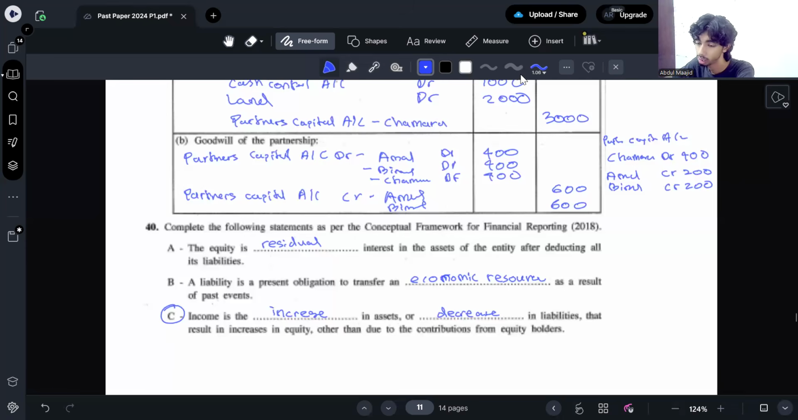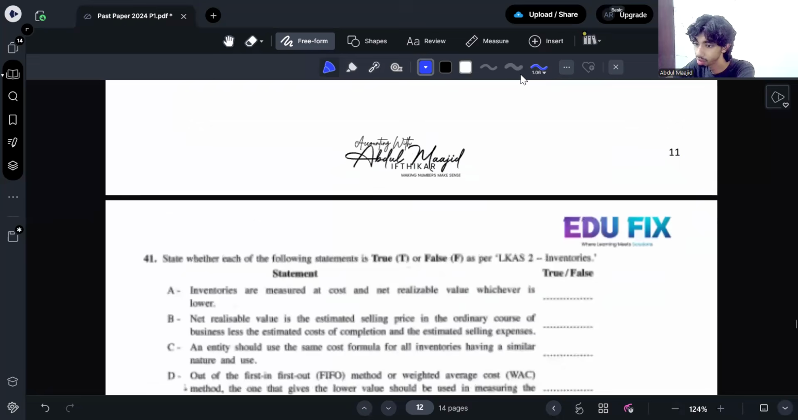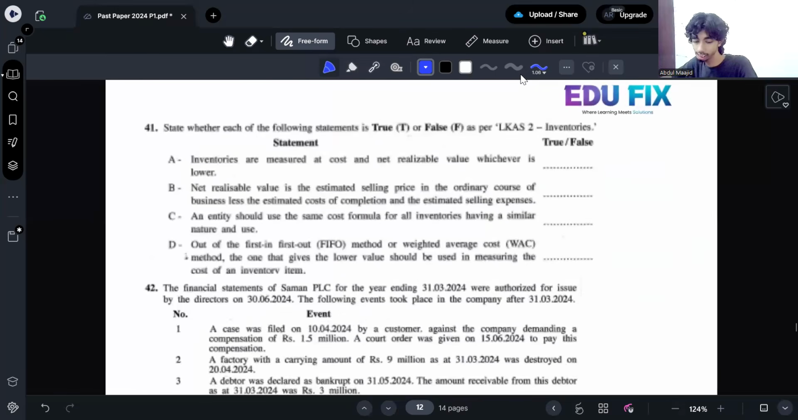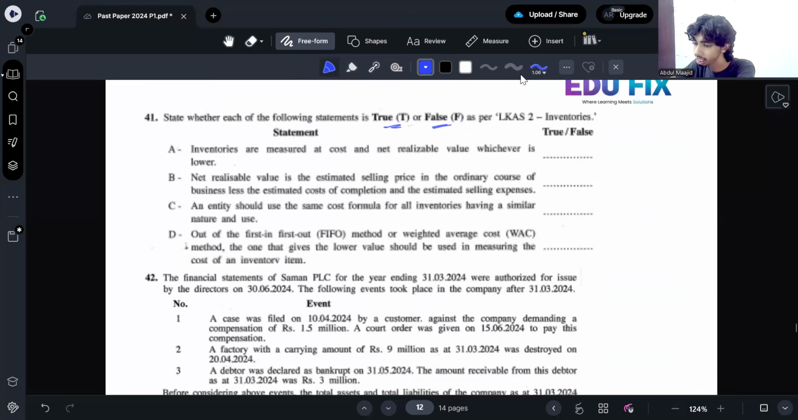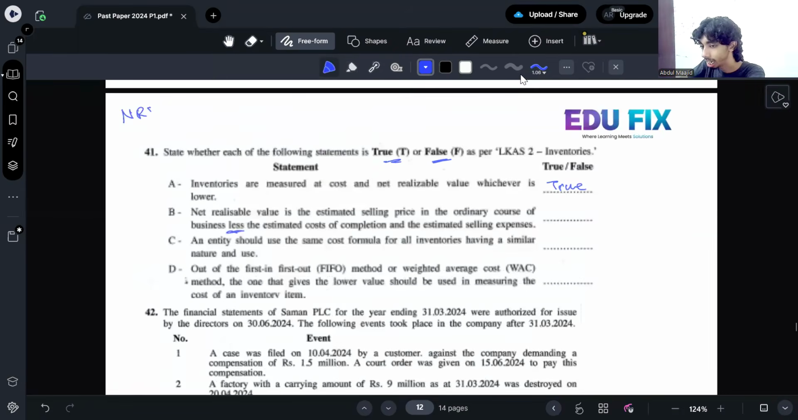Yeah. Okay. Then 41. State whether each of the following statement is true or false as per LKAS 2. Inventories are measured at cost and NRV value, whichever is lower. That is true. Net realizable value is the estimated selling price in the ordinary course of business less estimated cost of completion and estimated selling expense. Correct, right? NRV equals